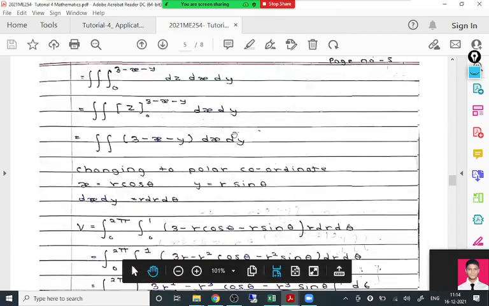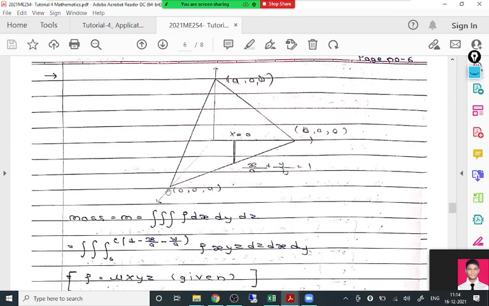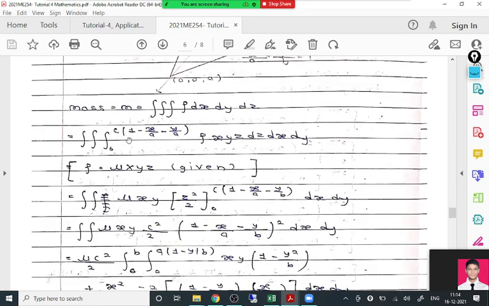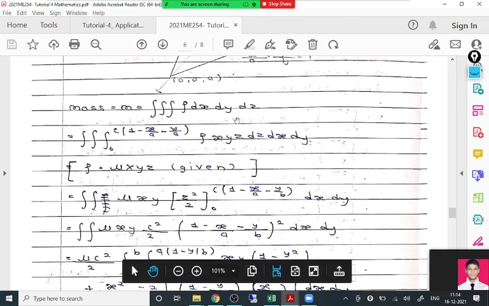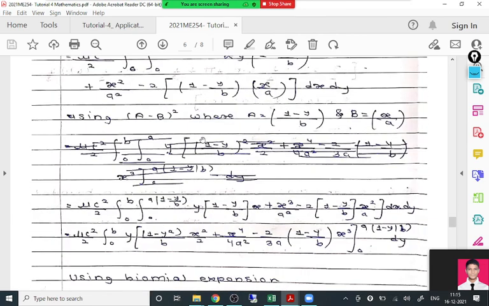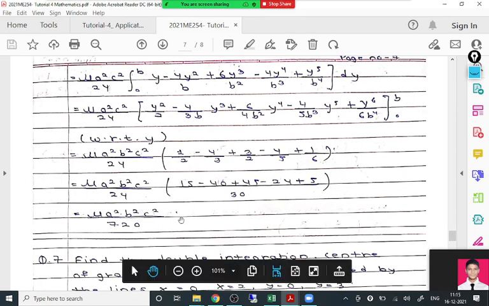Let me see how he has done it here. First of all, the diagram is correct. The strip is drawn probably parallel to the x-axis. Actually, it is not looking parallel to the x-axis, but okay. So it is started correctly. Limits of z are given first. Why replace rho again? It is okay, rho is replaced here by mu x y z. But here he has written x y z and again rho, so that is not correct. So mu x y z is the integrand done. Then the calculation, and the answer given for this question is mu times a square b square c square upon 720.